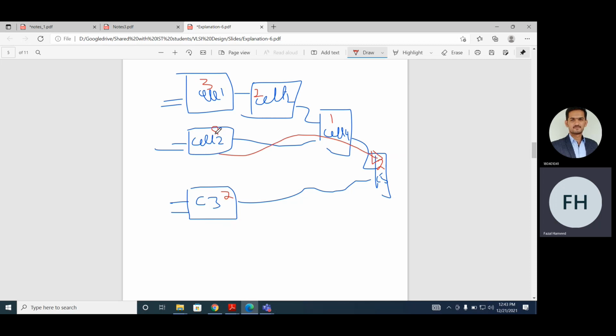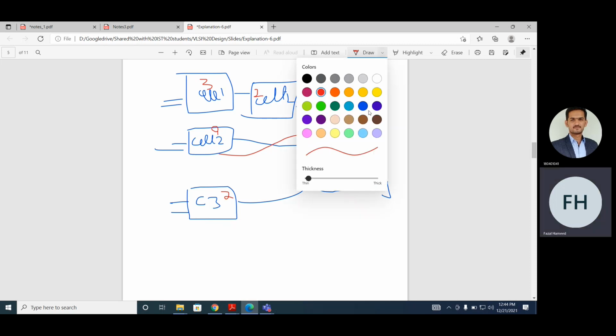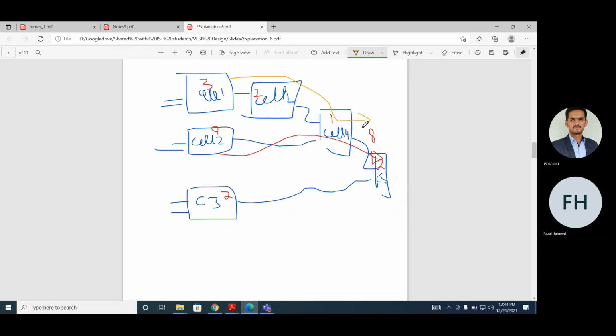If you look at the critical path, 9, 1, and 4, what is the overall maximum worst case delay? 12. For that path, 3 plus 2 plus 1, 8. So for this path, the delay is 8. And for this path, what is the delay? 8. And for the downward path, 12.